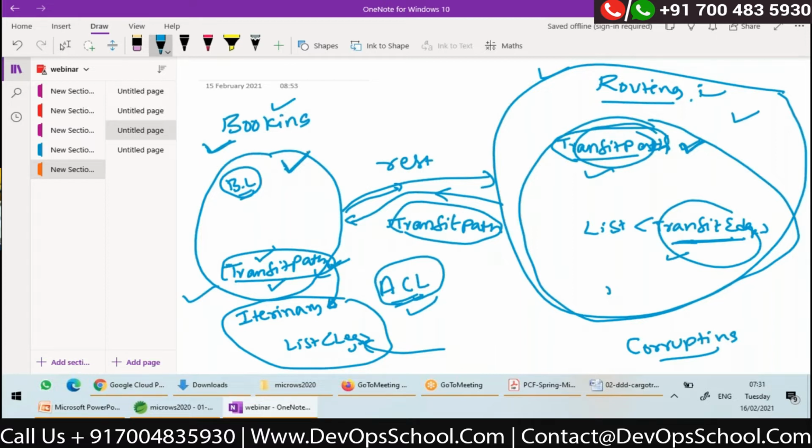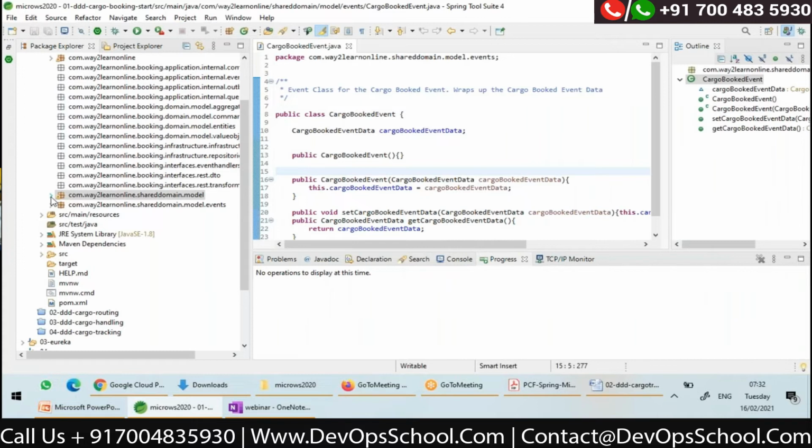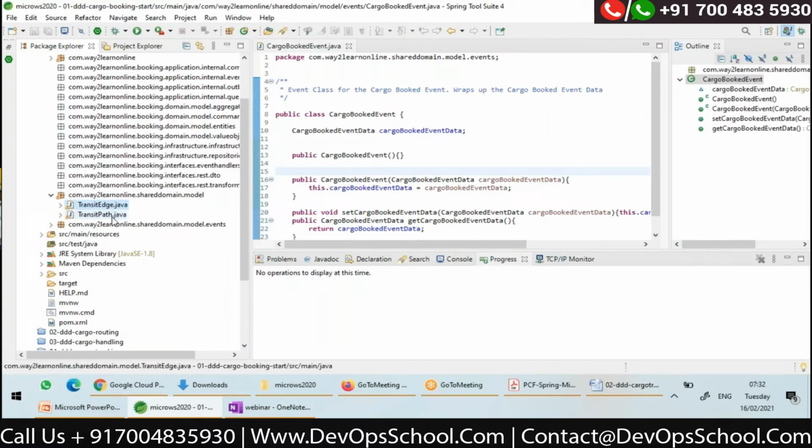So to avoid corruption, we need to actually write a translator, or we need to write an anti-corruption layer, which will convert these domain classes to domain classes which are used in my booking, right? So still, whenever my booking makes a REST API call, this will get a transit path only, right? To do the conversion, we still need to have these domain classes in my application, but I will not be using this transit edge and transit path in my business logic. Okay.